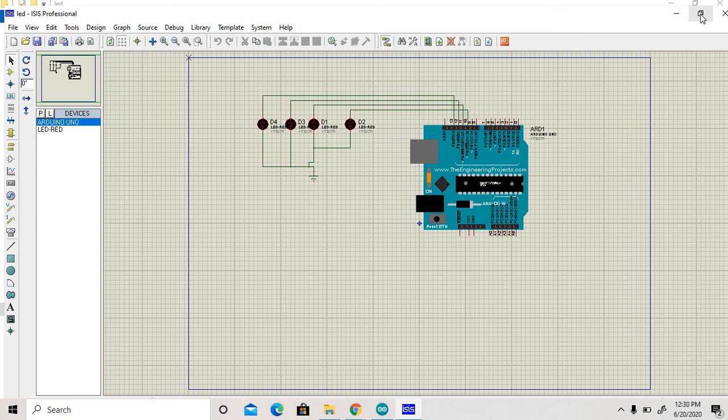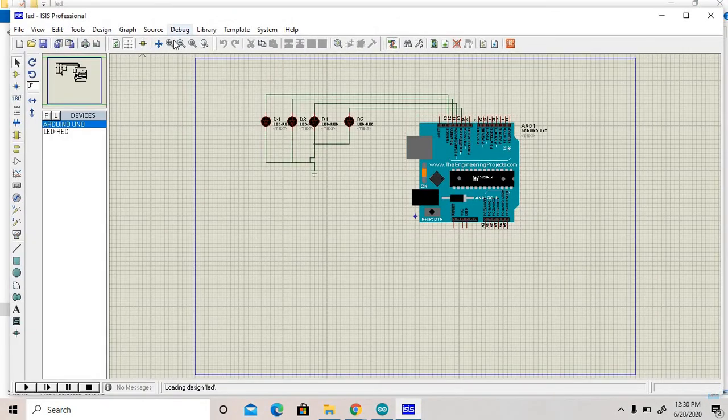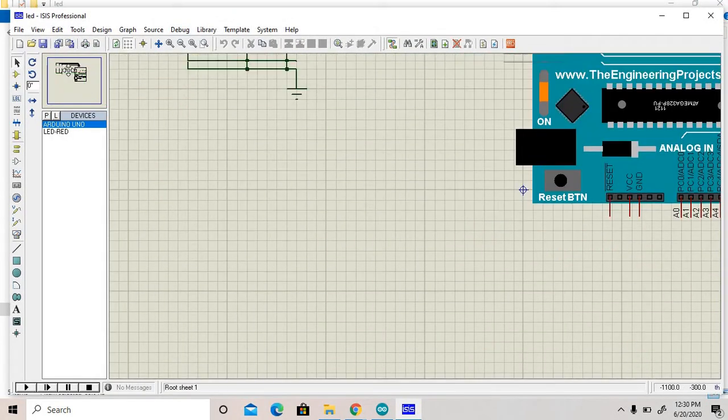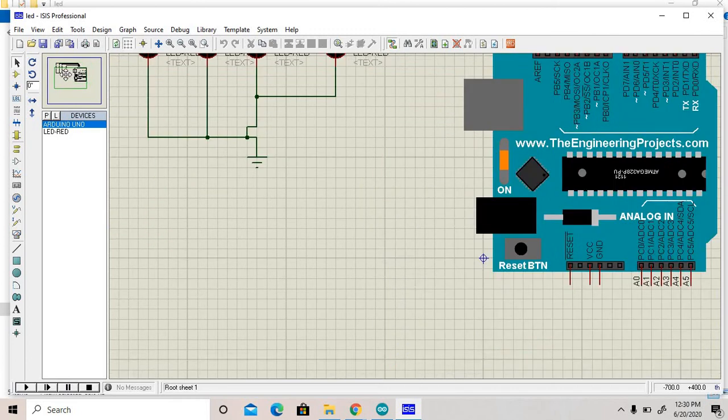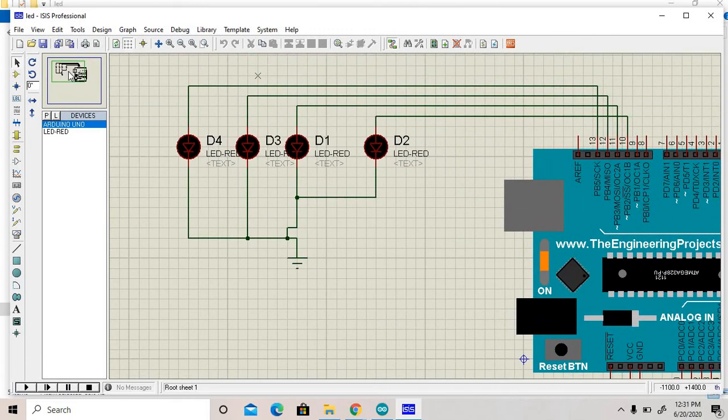So this is our Arduino IC, the Arduino board is there. In this, these pins are there, 0 to 14. These are the data lines, PD0, PD1, PD2, 3. These are the pins, and these are the analog pins. The RX, TX pins are there. So we are using 4 pins here. We are using interfacing of LED with Arduino.